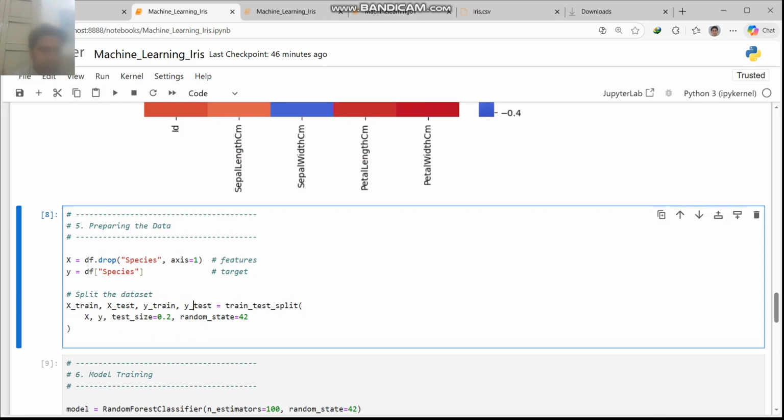And preparing the data. We will drop the species because we have the x-axis and y-axis. So on the y-axis we will